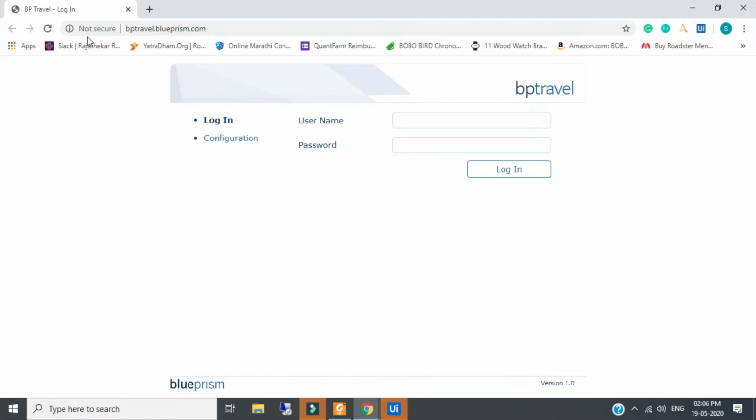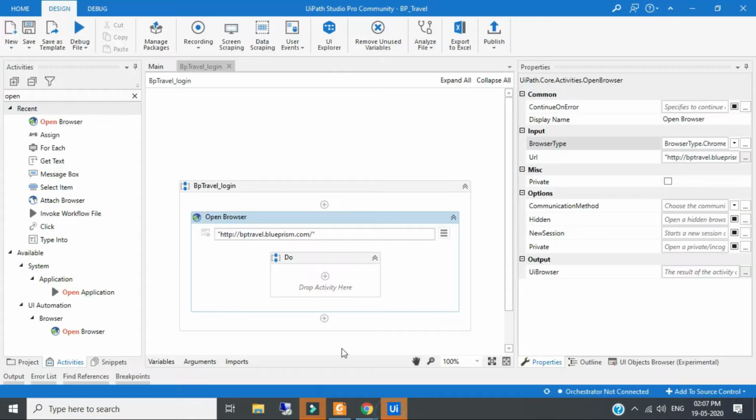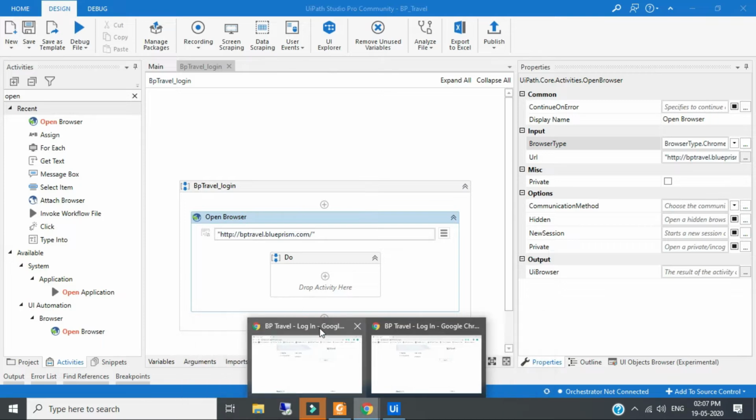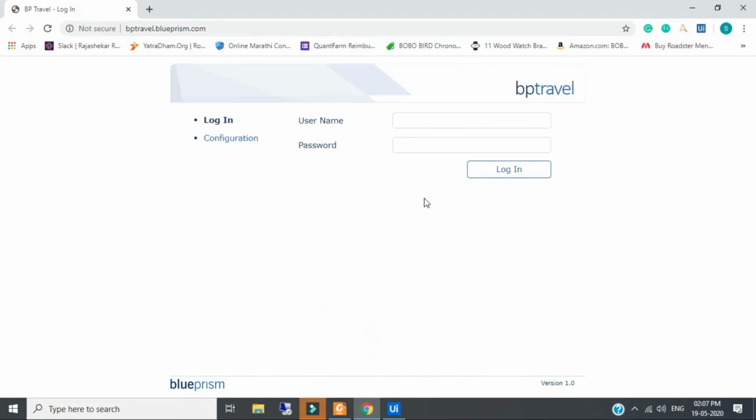If I want to do the login automatically, where the bot puts in the username and password instead of me, then for that we have to open this page in the background and put the login and password here.